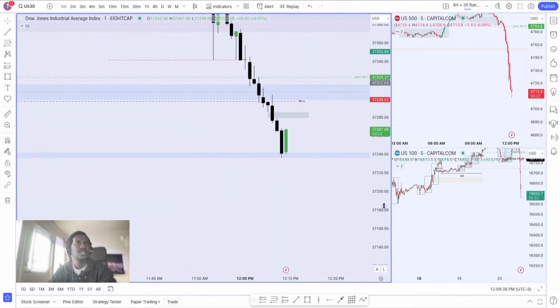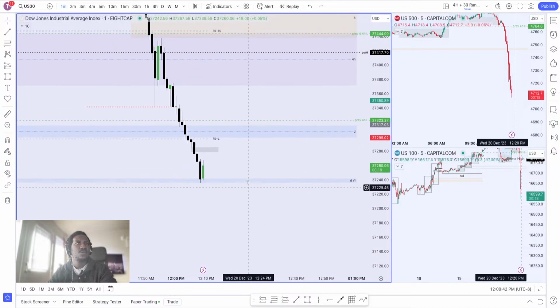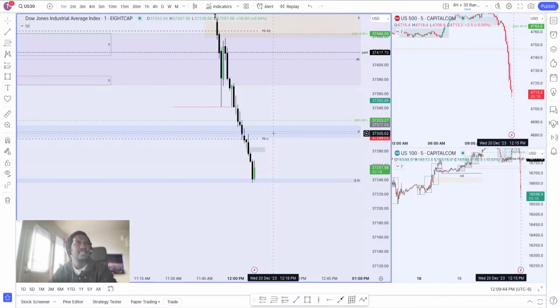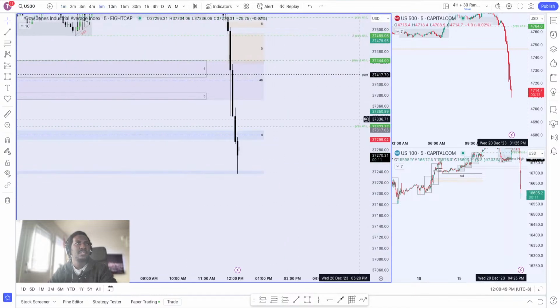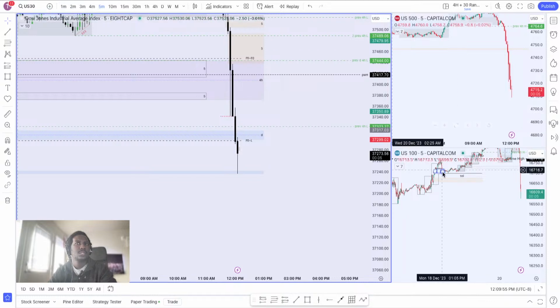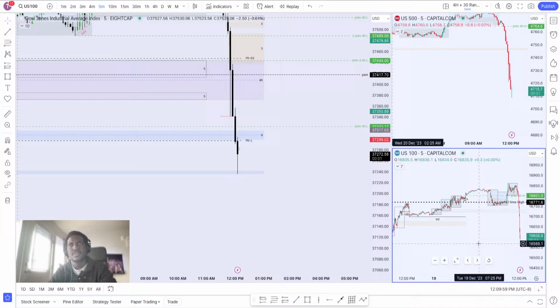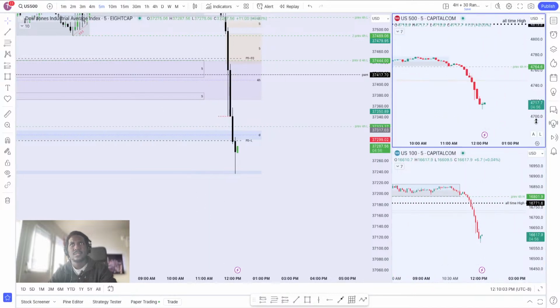So my entry will still be up here. But if they do form a swing high, I think I'll see if I can go in. And we do have a fair value gap here, 5 minutes, depending on how this will close. Now, is that enough? We've taken some liquidities on this move to the downside. So let's see what they will do.